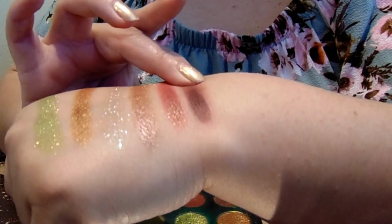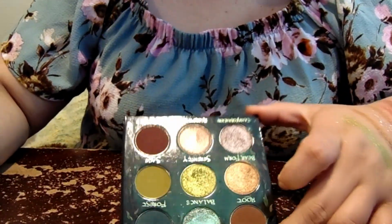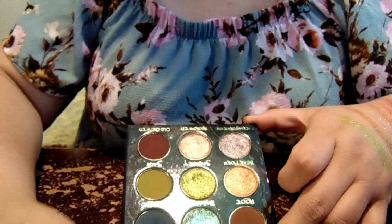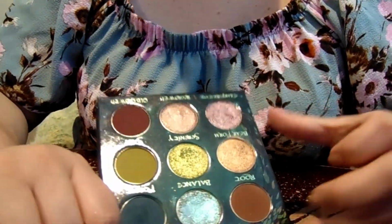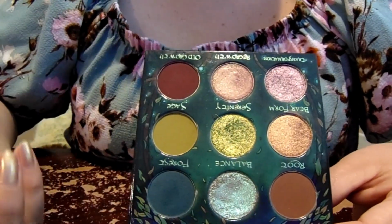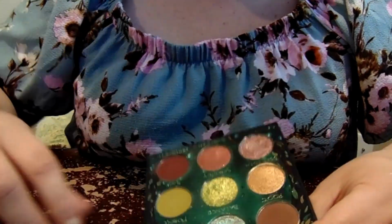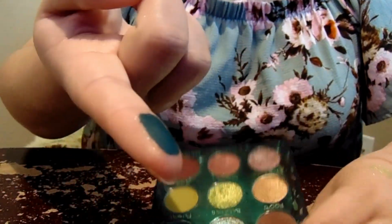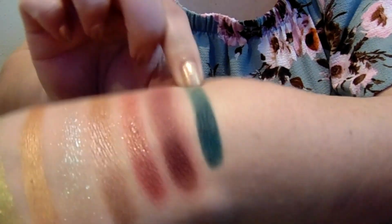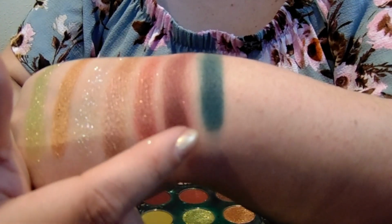I really like that. Something interesting that I've never really seen with the wear of these shades. I've never had this happen before. And like I said, it's not necessarily a bad thing or a good thing, but I noticed that the mattes on my eye didn't last very long. And I don't mean they creased or disappeared, but for example, when I wore this forest shade over here, this is actually like a dark green. Throughout the day, I noticed that it went from this more intense green, and